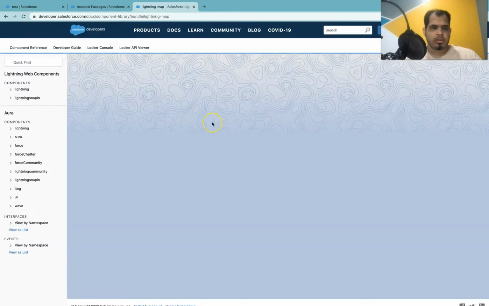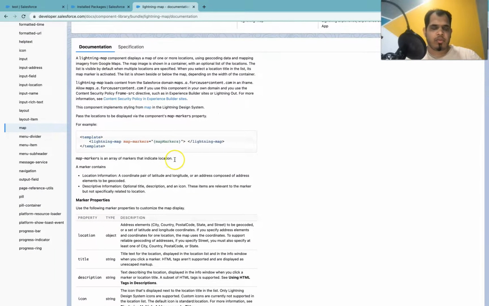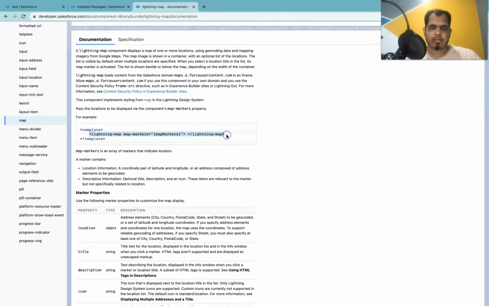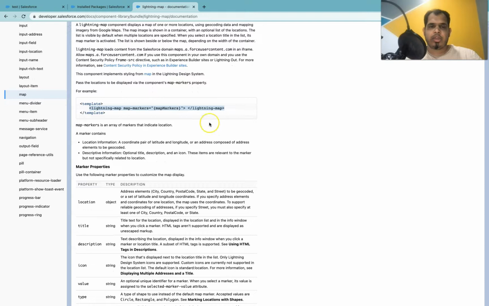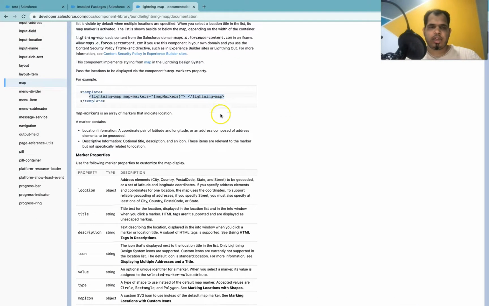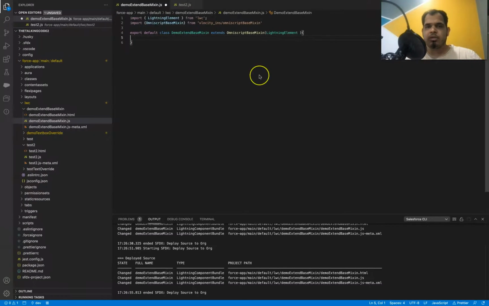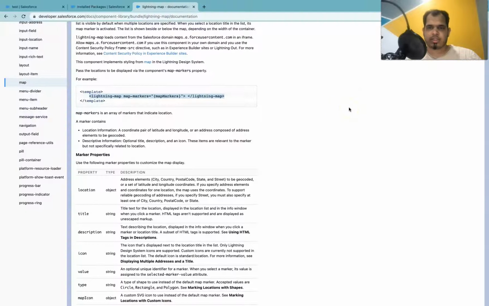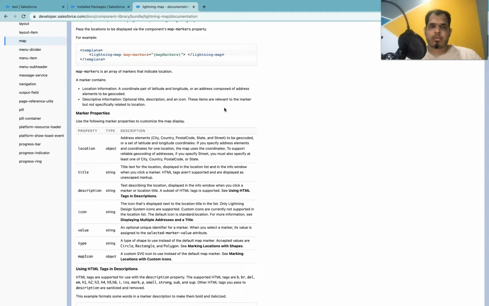Okay, so basically we will be implementing this lightning map. We will be getting the data for this map from the OmniScript, and once somebody selects a location, we will be writing it back to the data JSON. Okay, so basically this component will be a reusable component, and it can be used on any OmniScript, right?